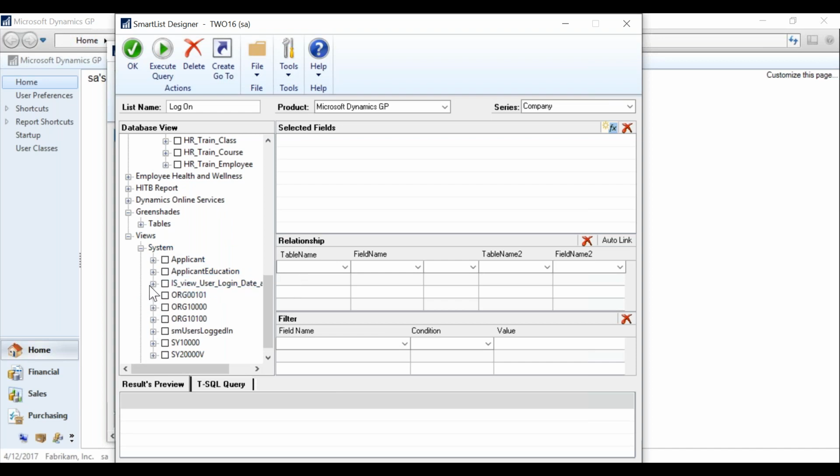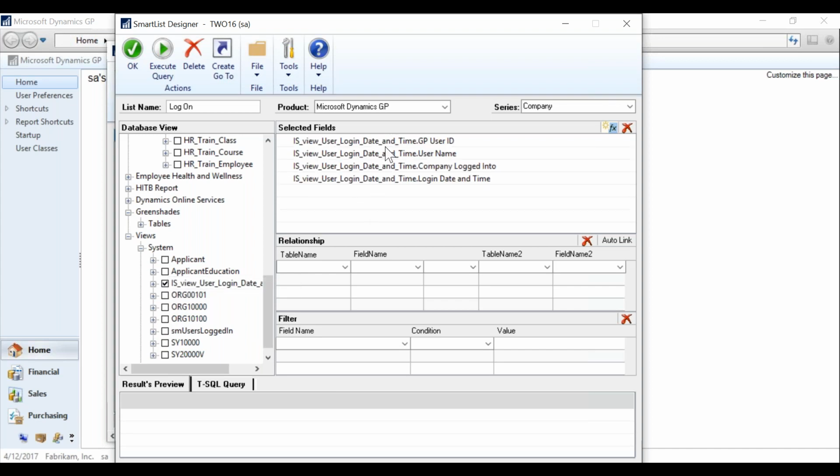And what I did here is I added a view that I had created called view login date and time. I had a couple customers that run in a terminal server environment, and they'll have users that close the terminal server but don't actually exit out of GP, so their licenses get locked. So they just want to see who was in, so they could quickly identify who they might be able to remove. So if we want to add that to the SmartList here, we would just,